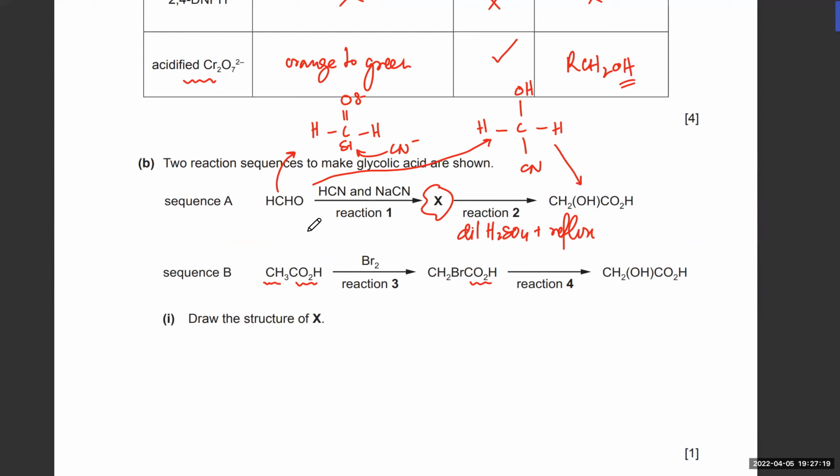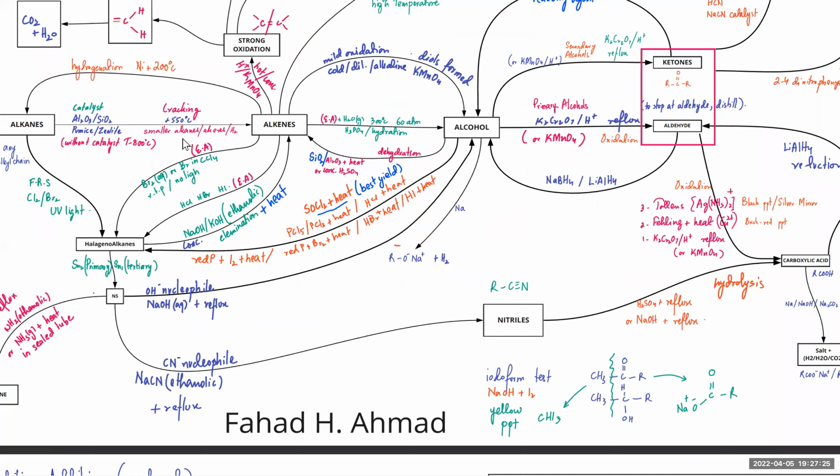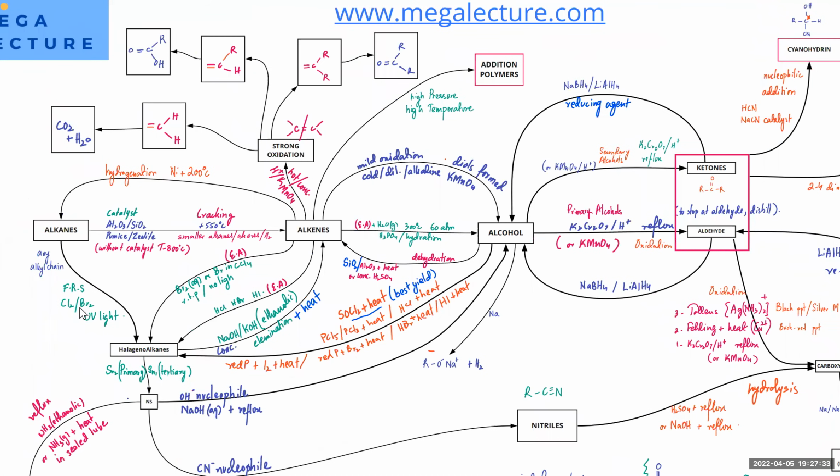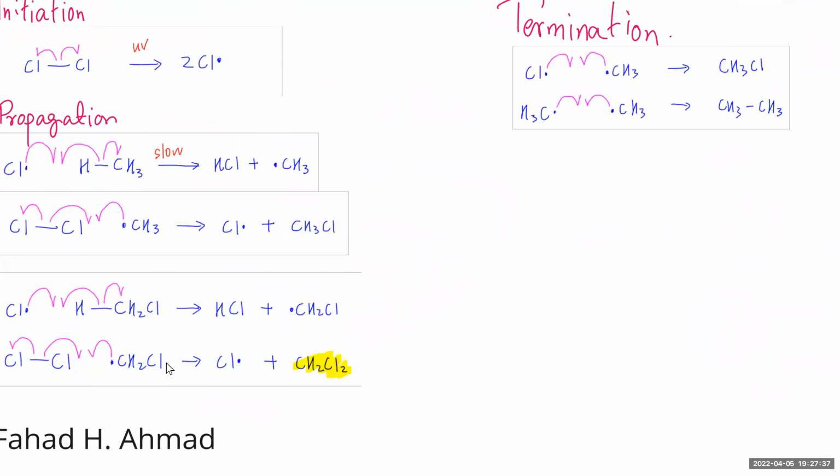Oh, when a halogen gets substituted into the carbon chain. Free radical substitution. Okay, so that is free radical substitution. That's this one over here. Any alkyl chain, any carbon chain, you get Cl and Br, and a halogenoalkane is produced, and the mechanism for that reaction is